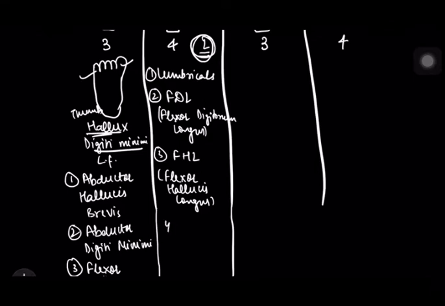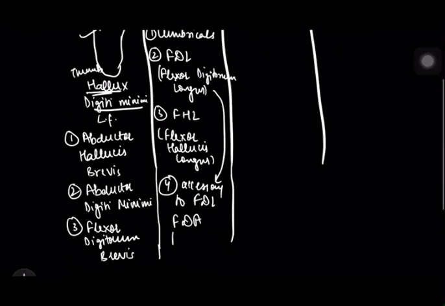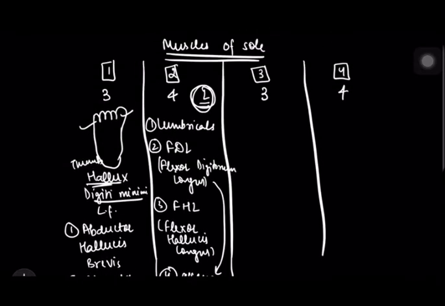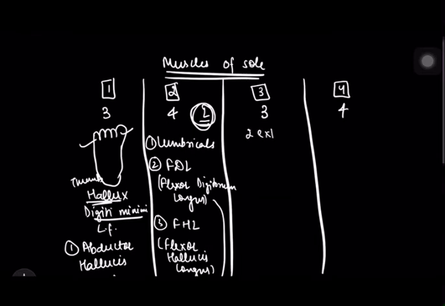So the fourth one is not an L, it's a muscle which is accessory to FDL. And since it's accessory to FDL, it is known as FDA or flexor digitorum accessorius. For the third layer, we'll again have 2 extremities muscles, which include one related to the thumb, that